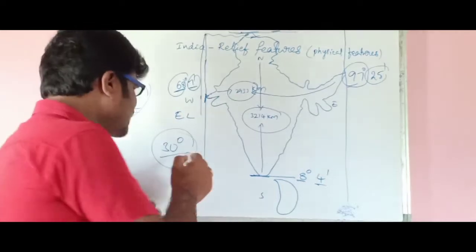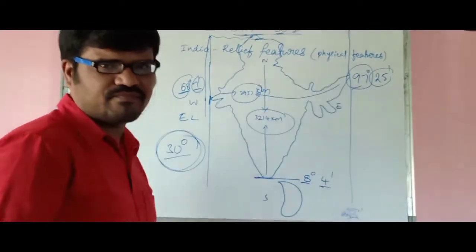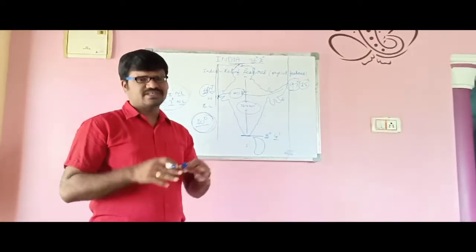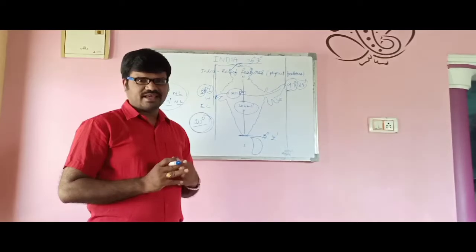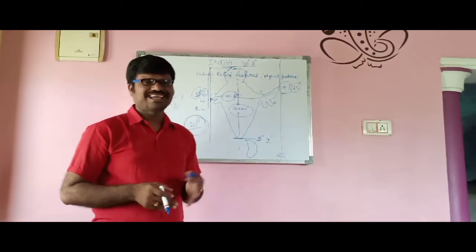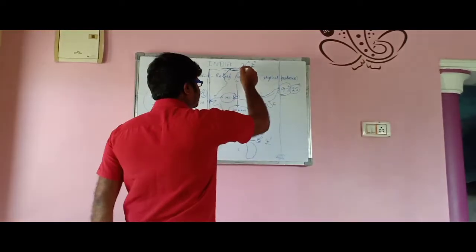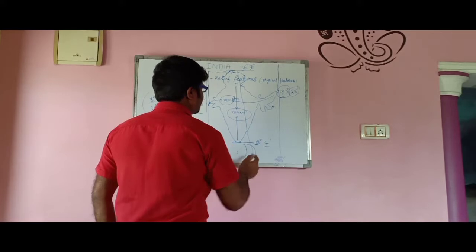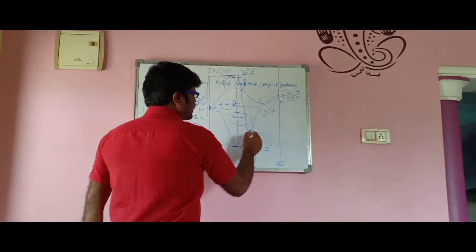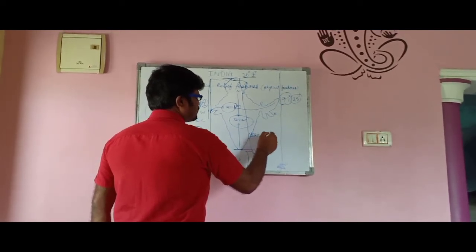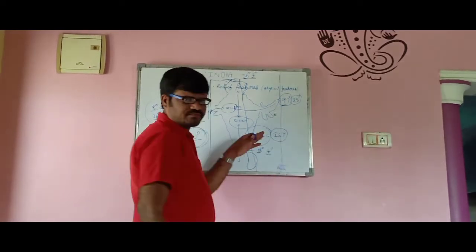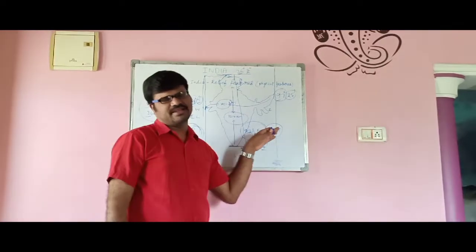Okay, and because of the 30 degrees longitudinal extent, the government of India faced one problem: which longitude should be taken as our prime meridian. That is a question mark for the geomorphologists. For that, later they have taken the line between the eastern part and the western part. They have taken the 82.5 eastern longitude line as IST, Indian Standard Time. This is also called India's prime meridian.